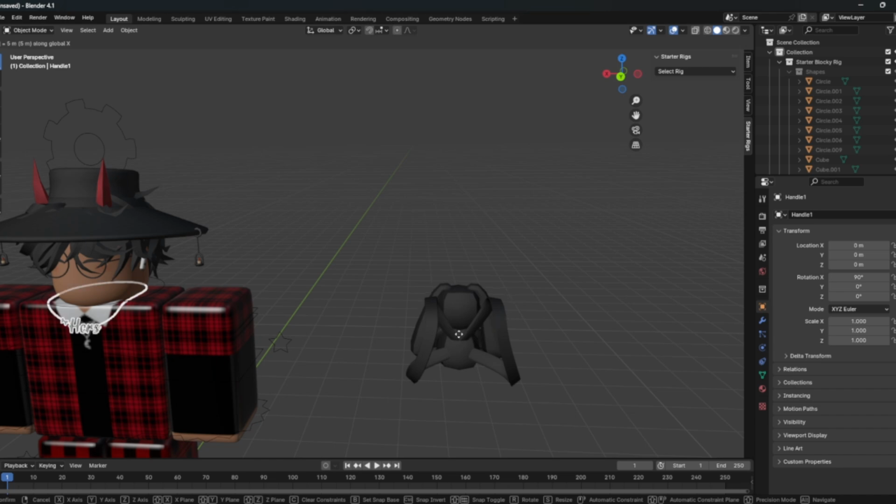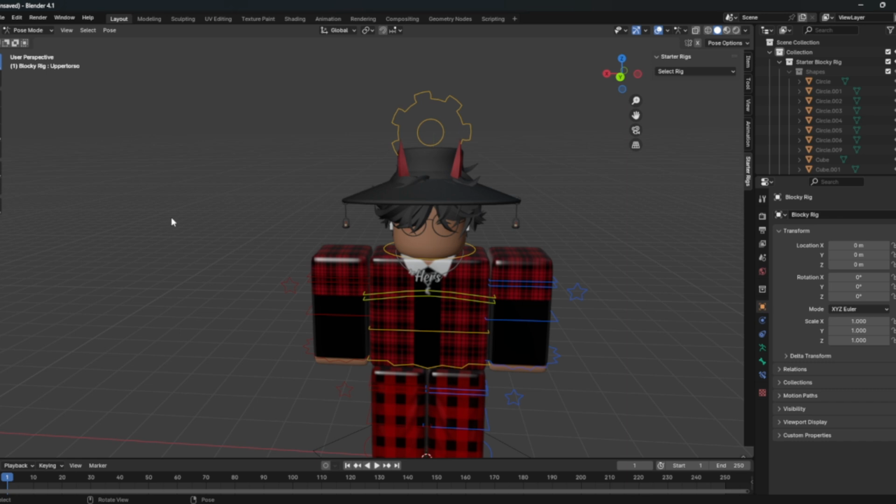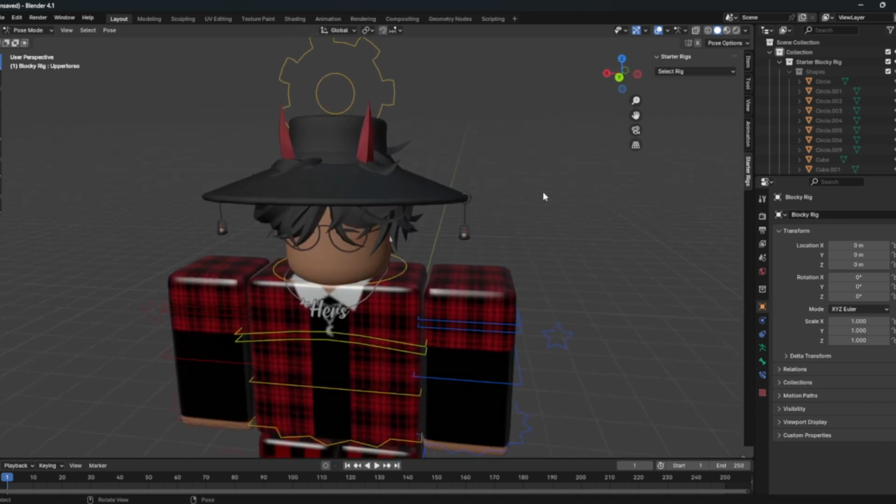Do the same for all the other accessories too. G, X, and 5, and this will place everything back in origin. What you want to do next is make sure you go into pose mode by pressing Tab on your keyboard,